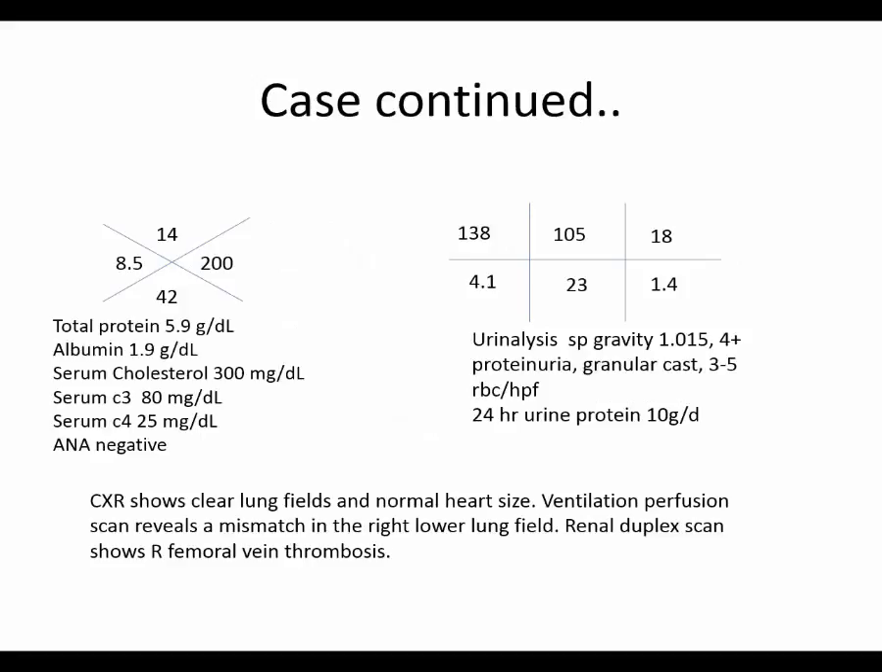In terms of looking at the labs, CBC looks okay for the most part, but look at the albumin here. Cholesterol is high. C3, the normal is about 80 to 130, so normal. C4 is about 25, normal is 20 to 40 or 50. ANA is negative. This is the renal function panel, not too exciting to call the renal fellow just for this, but creatinine is 1.4. But when you look at the urinalysis, there's 4 plus protein, granular casts, 3 to 5 RBCs,